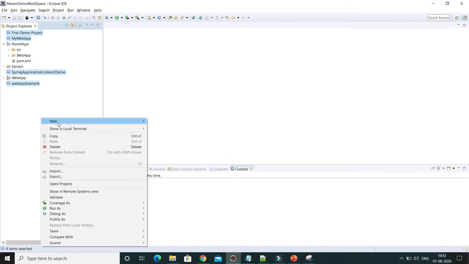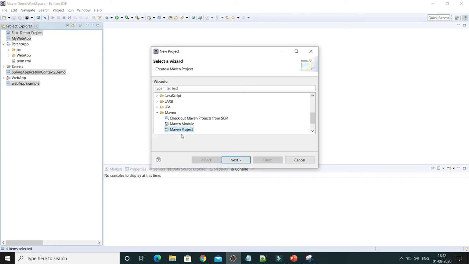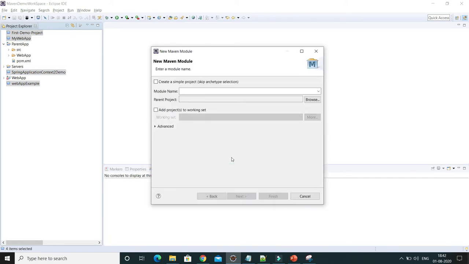Now let's go ahead and create another child project. I go to the project again, select Maven Module again, and here I need to give the module name. I would say service-app. There you can have all kinds of service-related code and DAO code as well, right?